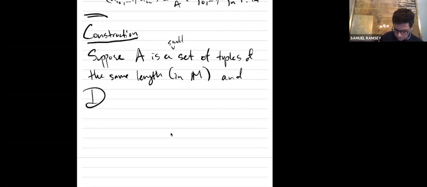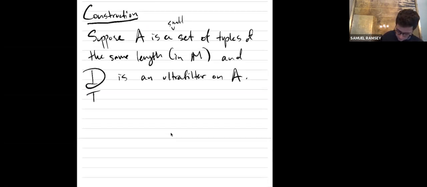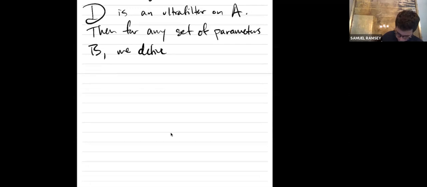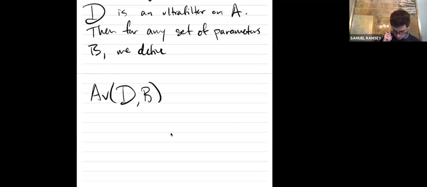And script D is an ultrafilter on A. Then for any set of parameters B, we define the average type of D over B to be what? It's the set of formulas phi(x)